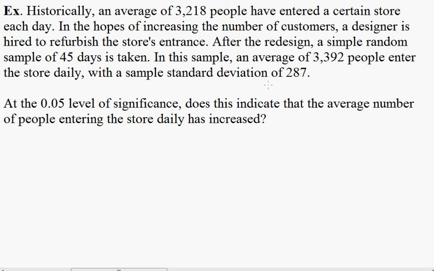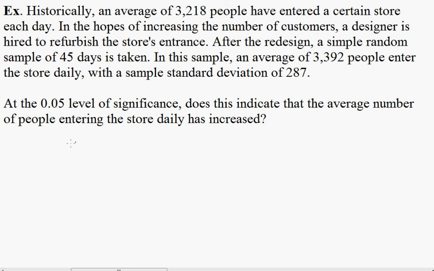store has increased daily? To get started on this, we first recognize that this is a problem about the parameter mu, the average, and we're going to perform a hypothesis test on this to determine whether or not the average has indeed increased. That is when we typically use hypothesis testing. It used to be this way. Something has changed, and because something has changed, has there been an increase or decrease or a change in the